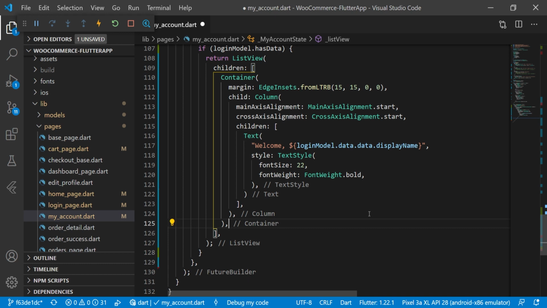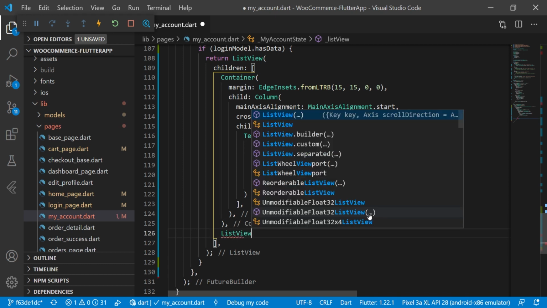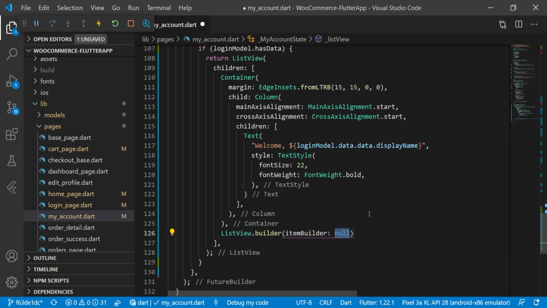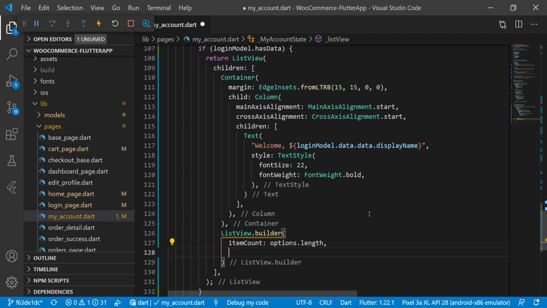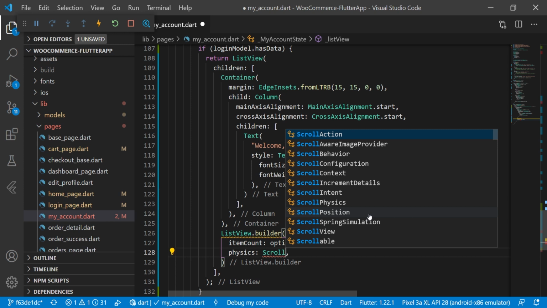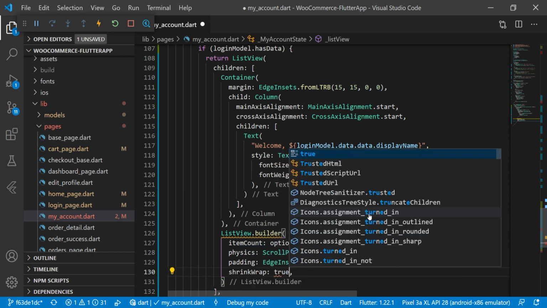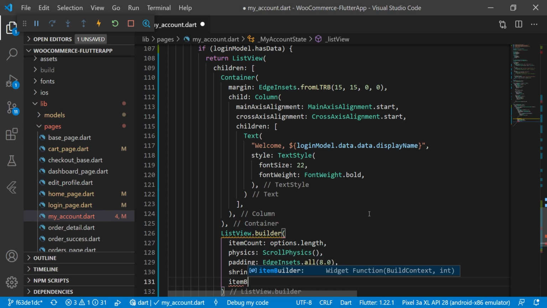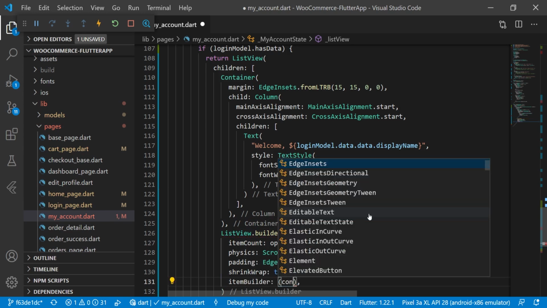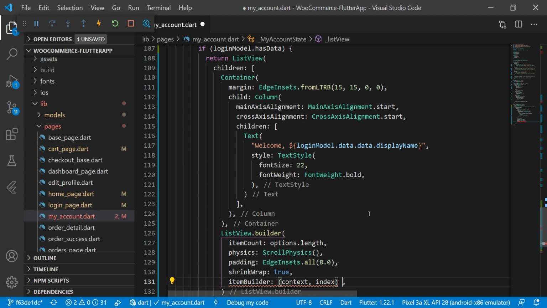So after Container we are using here ListView dot builder, and here we have the itemCount, and we are passing here options dot length. And then we have the physics here, and we are using a ScrollPhysics. And then we have the padding here, and we are passing here EdgeInsets dot all, and we are passing here 80. And then we have the shrinkWrap, and we are passing it true. And then we have the itemBuilder, and we are passing a context, index,